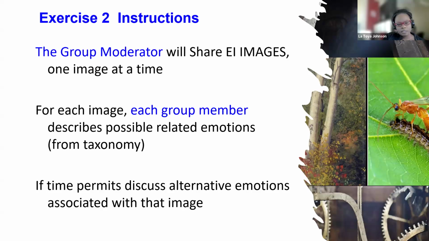You may not get through all of the images that are listed there, but of the ones that you do, just have a really good group discussion. And once you feel like you've addressed that picture or image enough, you can move on to the next. And if time permits, we want to be talking about positive images, but we can also discuss what that alternative emotion is. So as we prepare to head into our groups, we'll just need to make sure that we have our facilitator slides so that we have those images and just get started on the discussion for exercise 2.